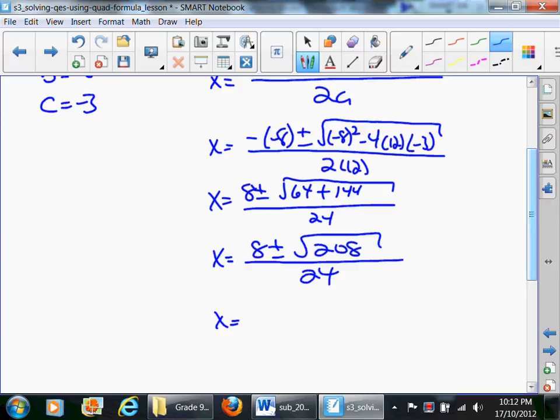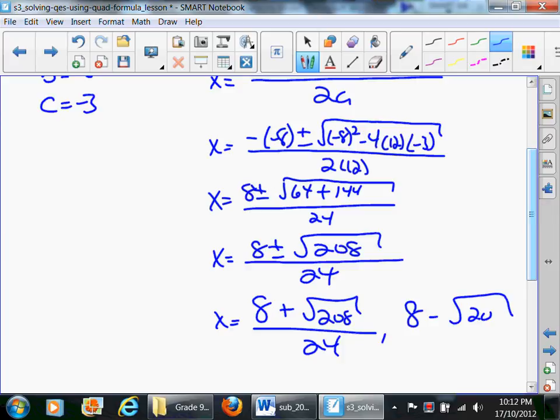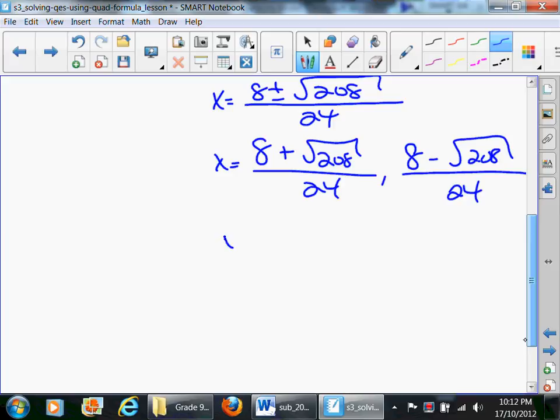X equals. Now it's going to be 8 plus the root of 208 all over 24, or 8 minus the root of 208 all over 24. So now let's figure out what the answer is. So we get 8 plus the root of 208 divided by 24,